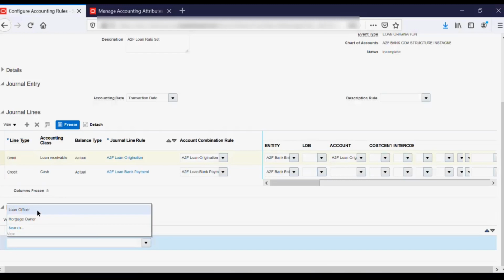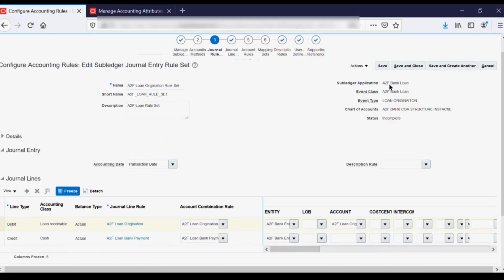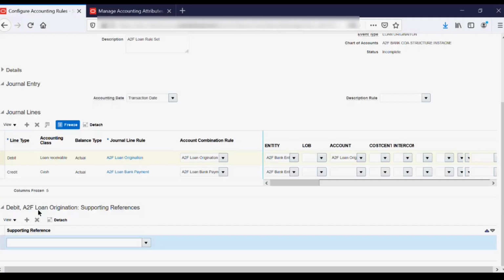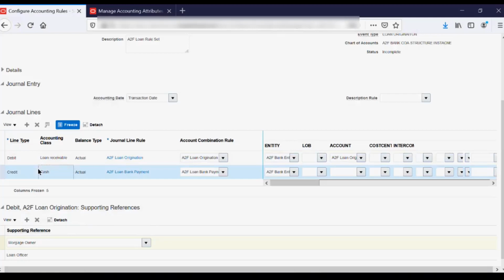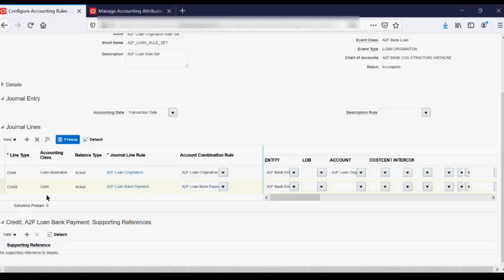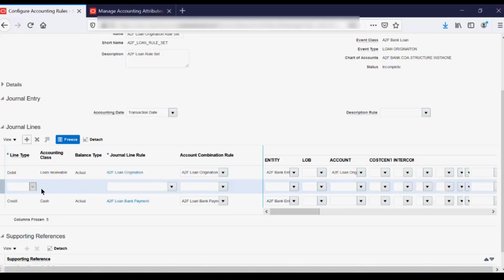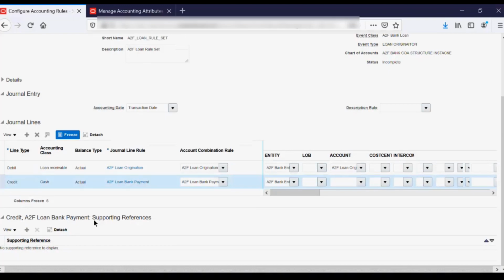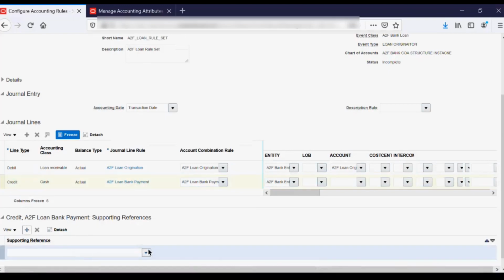We had so many other supporting references as well. Those are the 2 attached to the ledger application. These are the 2 sources basically which is there for our source subledger application, correct? Loan officer and mortgage owner. You can attach only one, so once you have attached it, the other one will stop appearing. Similarly, you can attach it to the cash combination also if you want. Usually we don't, means you don't want a loan officer there. If you want it, sorry, I have to add a supporting reference. Select that line and